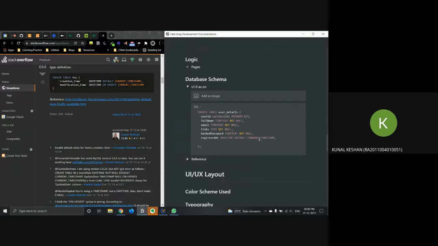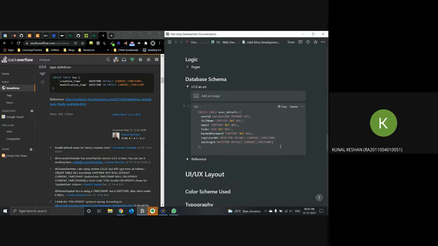And then the last login can also be a date type of datetime, and we can keep this as default current timestamp. Why? Because when the user creates an account, at the same time, it's his first login, right? So we can show that as well. So whenever the user logs in consecutively, we just have to update this particular field alone.